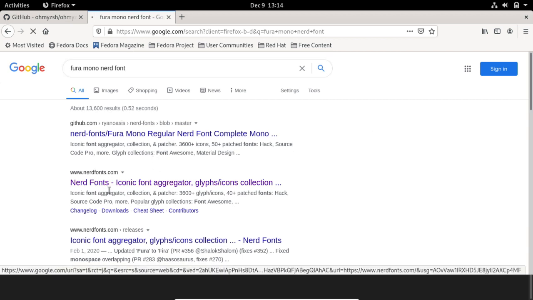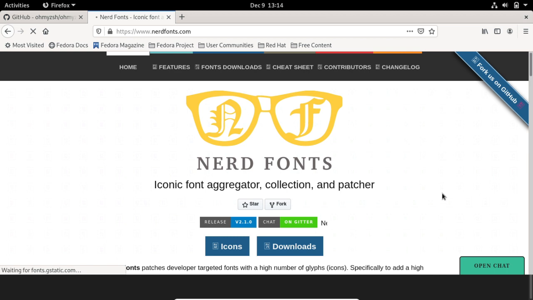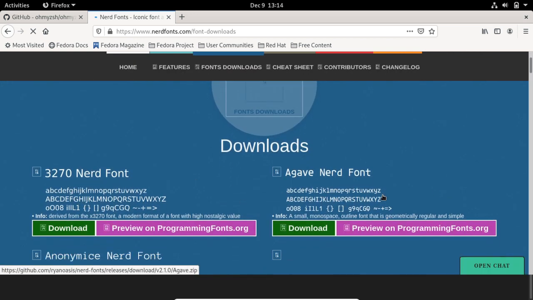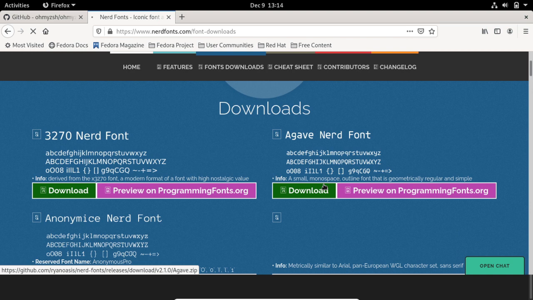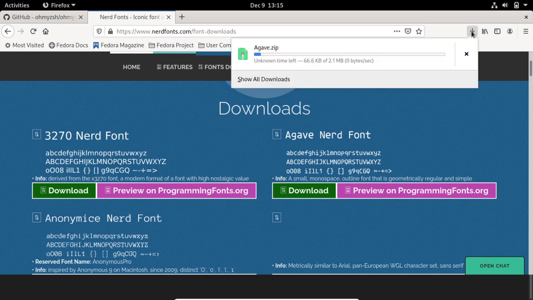You need to click on the link called nerdfonts.com. Then click on downloads, and you can download any of the fonts that you like. I want to download the Agave nerd font, so I just click on download, save it, press OK, and it downloads the .zip file to our local system.